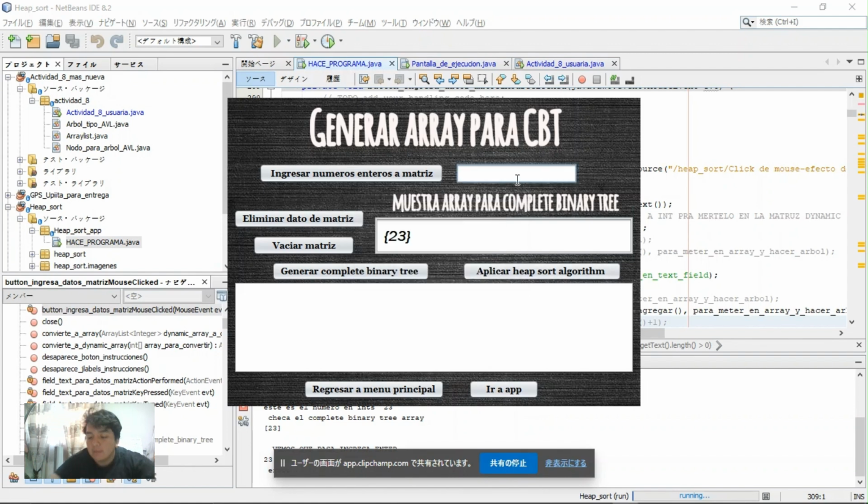And there are other things that I was very interested in. So yes, I spent much time doing this. Well, yes, we can enter other integers like 7, 34, 21, 55, 9, 67, and yes, well, the user has the option to delete all the data from this integer matrix, or to